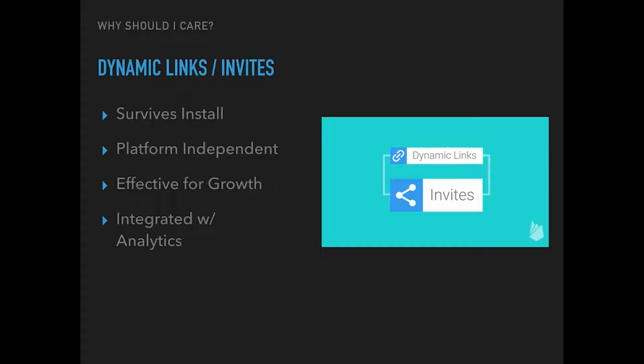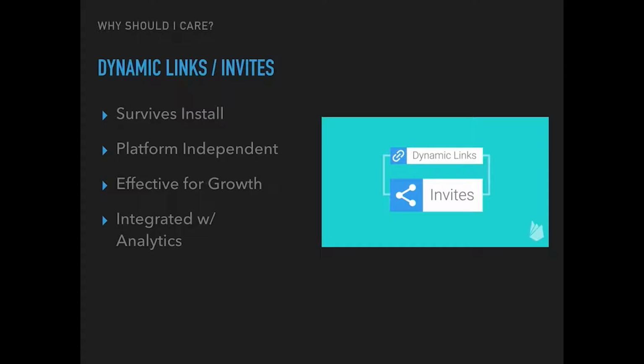All right, the last one is dynamic links and invites. Technically with Firebase, these are two different features, but one builds on the other. Now these are pretty neat. Let's talk about a really popular use case. Say you have your app and you want your users to be able to tweet out or message other users content from within your app. What happens if that user doesn't have your app installed? How are they going to get to that specific content within your app?